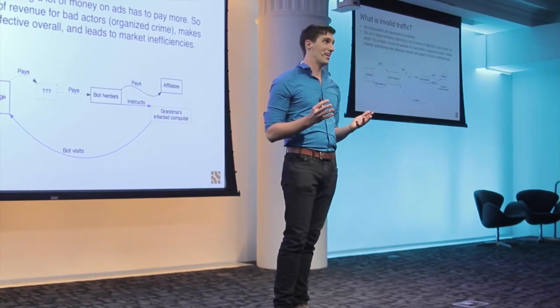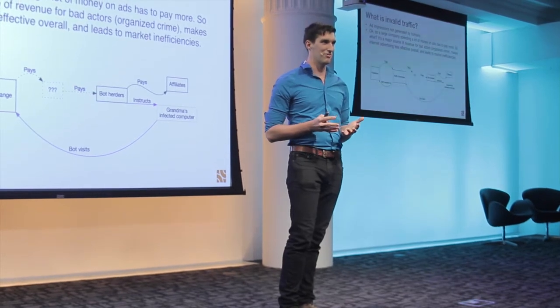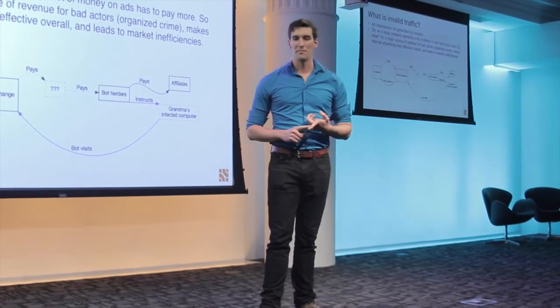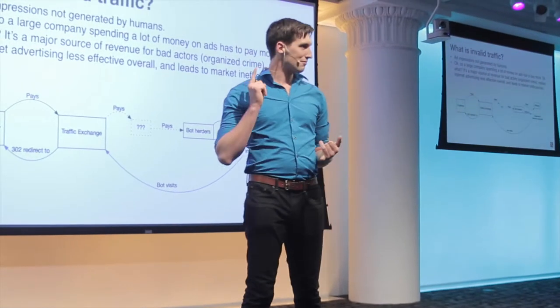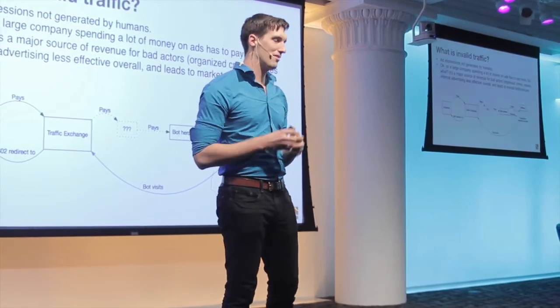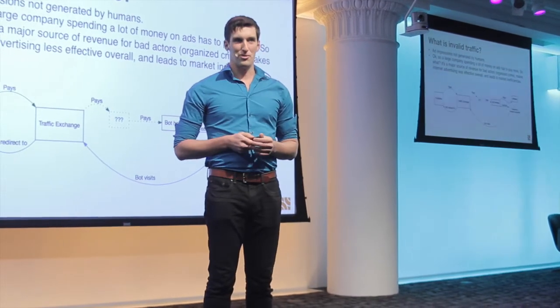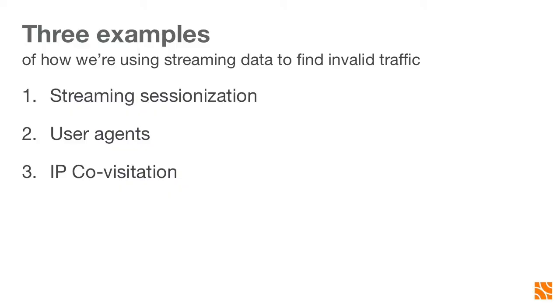But suffice it to say, even if you walk away sort of unfulfilled at the end of this, it really goes in a lot of different directions between economics and business and computer security and research and math and science. So it's a fascinating topic. And I'm told that if you feel unfulfilled, it means it was interesting. Okay, so I'm going to talk about 3 specific examples now that we've gone through all the background. We do something called streaming sessionization, where we look for sessions of users that are irregular, and I've got some demos for that. We'll talk about user agents, which are sort of like the model number on your browser, if you will, and we'll talk about co-visitation.